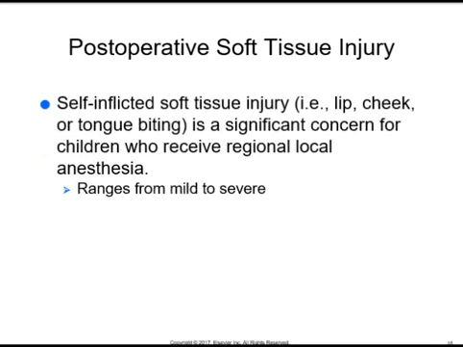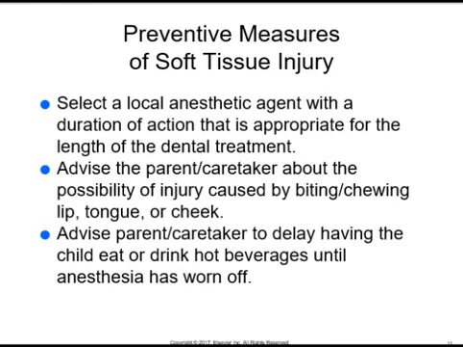With postoperative soft tissue injury, this has been reported. Statistics show 3% to 16% of the time, there is self-inflicted soft tissue injury to the lip, cheeks, or biting of the tongue. After they are administered local anesthesia, they can't feel their soft tissues, and therefore they're at risk for self-inflicted soft tissue injury. So it's a significant concern for children who receive local anesthesia, and this can range from mild to severe. To prevent this, you want to